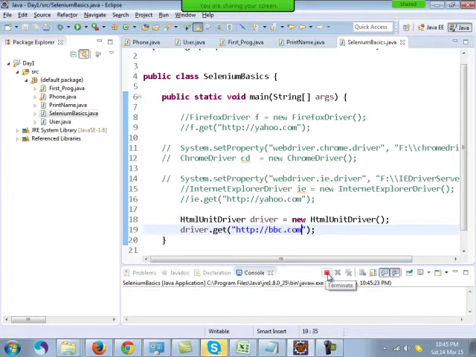It is running. See, the red mark over here is the mark in Eclipse that the program is running. Okay, but you will not see any browser opening up or anything, and it stops as well.